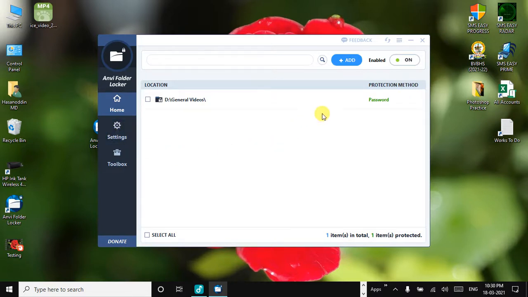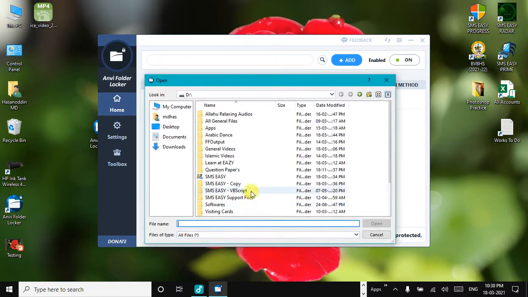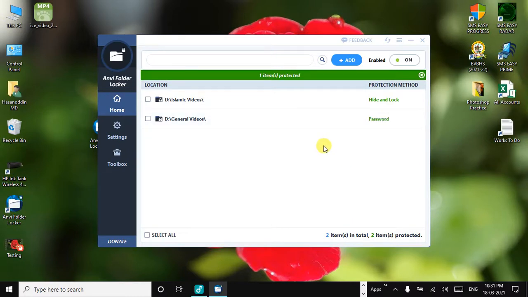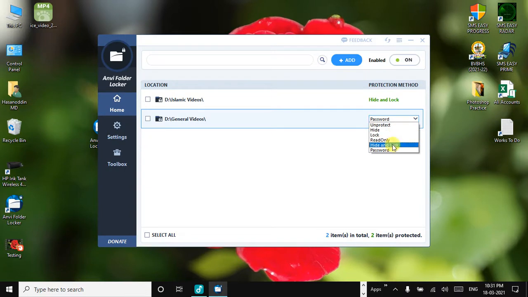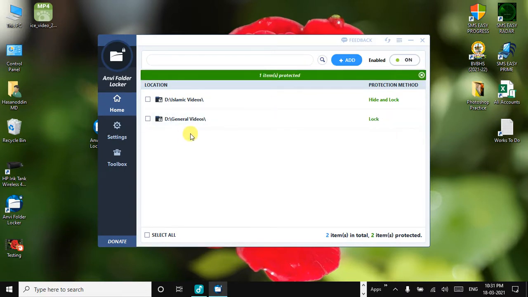Okay. So next, if you want to add more folders, you can select add button and select the folder whatever you want to lock. For example, Islamic videos. So here also you can select different options, hide and lock or lock. Okay.